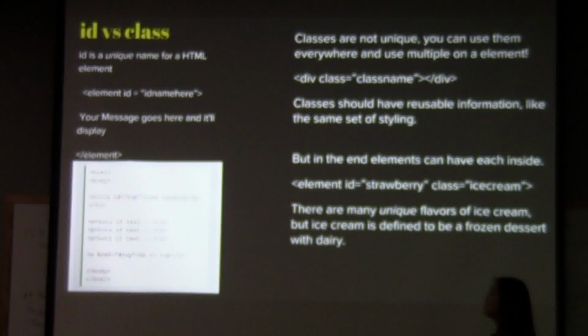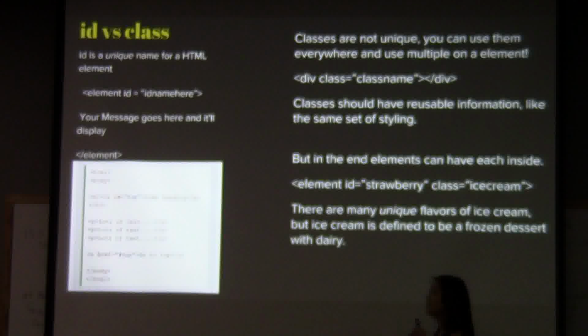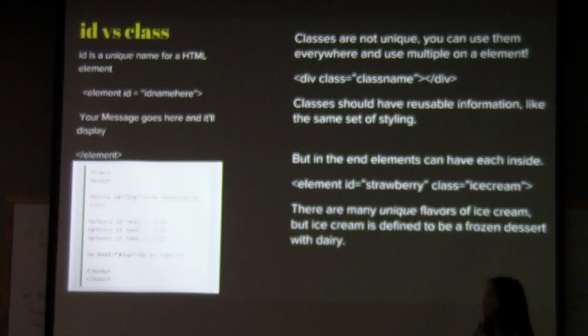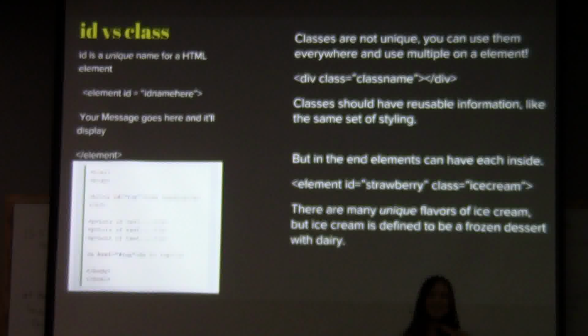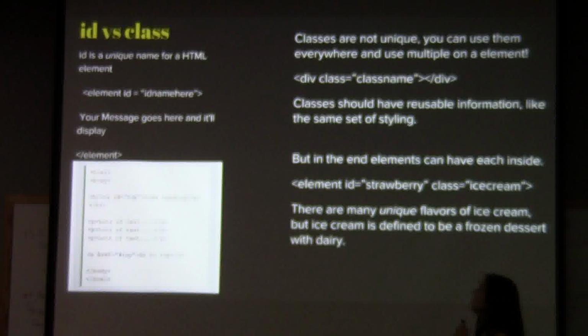So I'm going to go basically through what an ID is first. It's sort of like, if you have Chrome, you can go through the HTML of the page, and each little box is called an element. And inside of it there's an ID or class, and it's basically the style of the box, you know. Is it a cool element or a not so cool element? I don't know. But anyways,